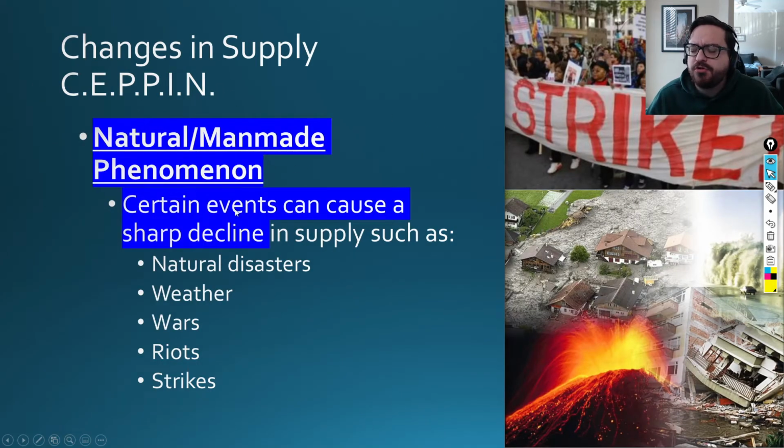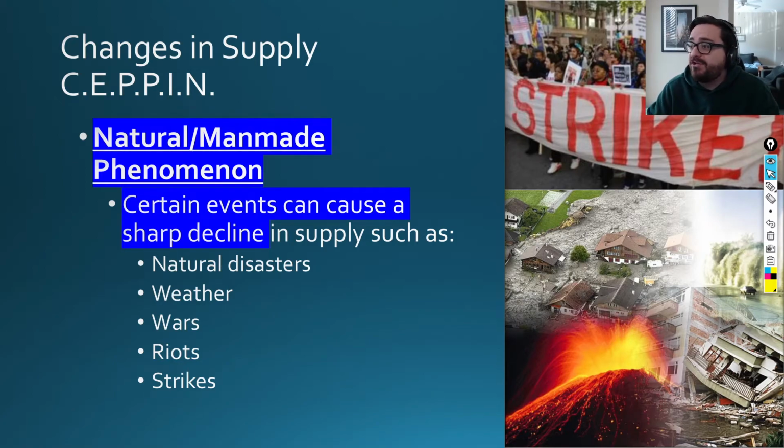Last one, natural or man-made phenomena. Certain events, namely things like natural disasters or weather, but a war, a riot, or a strike would also work. Usually those things will either take away resources from a place, take away usable labor from a place, whatever. You can have it be positive. This is rare, but like in agricultural terms, if they were to tell you that like